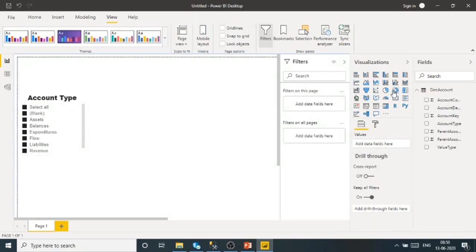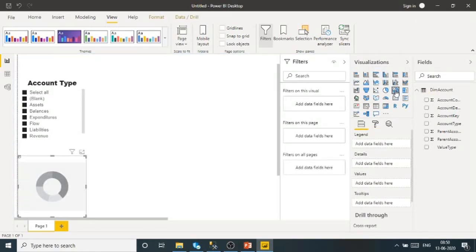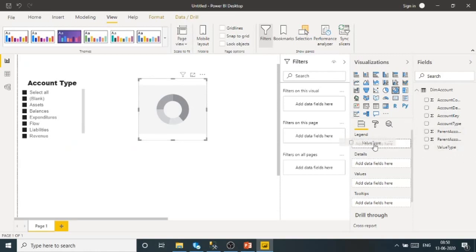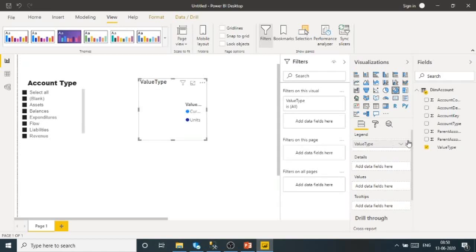Now I am going to take a donut chart. I am giving the donut chart here, value type according to the count key.